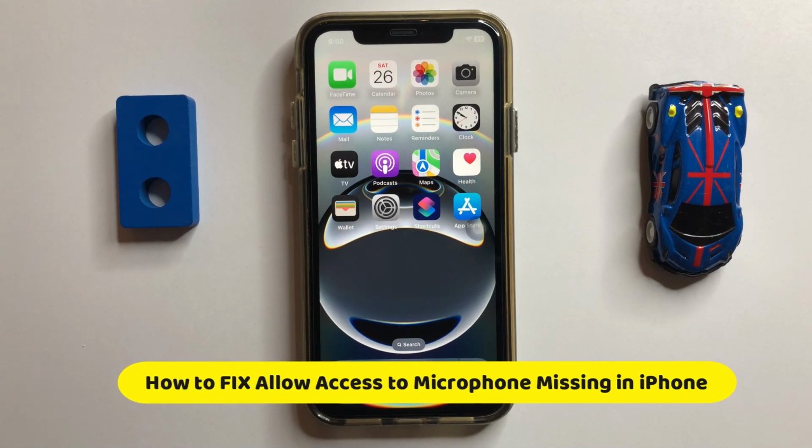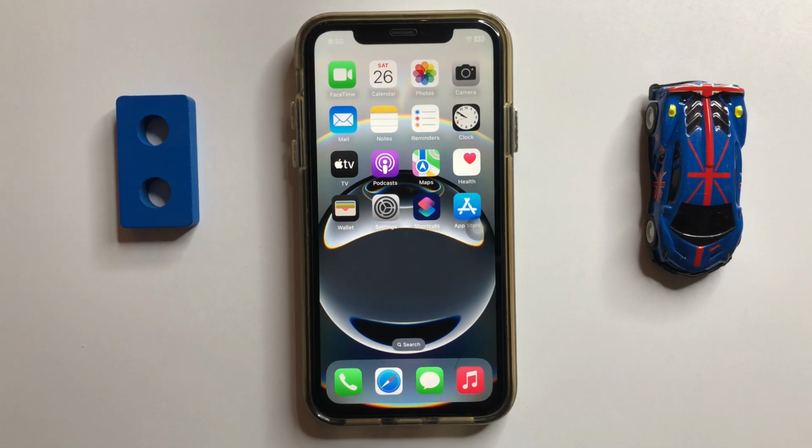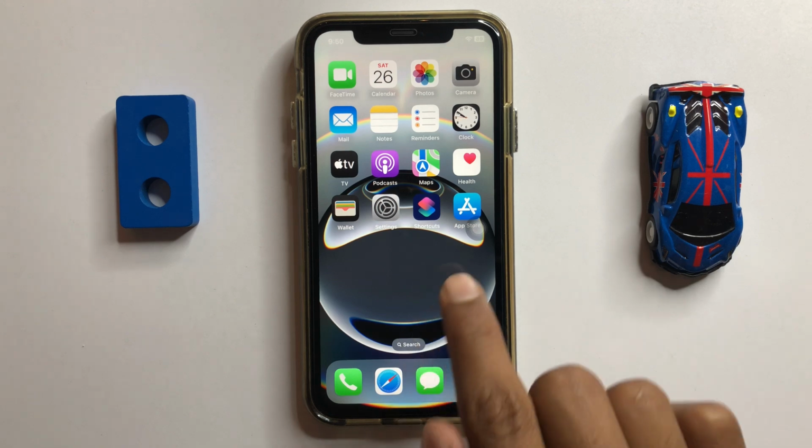How to fix allow access to microphone missing in iPhone. So let's start the video. First of all,